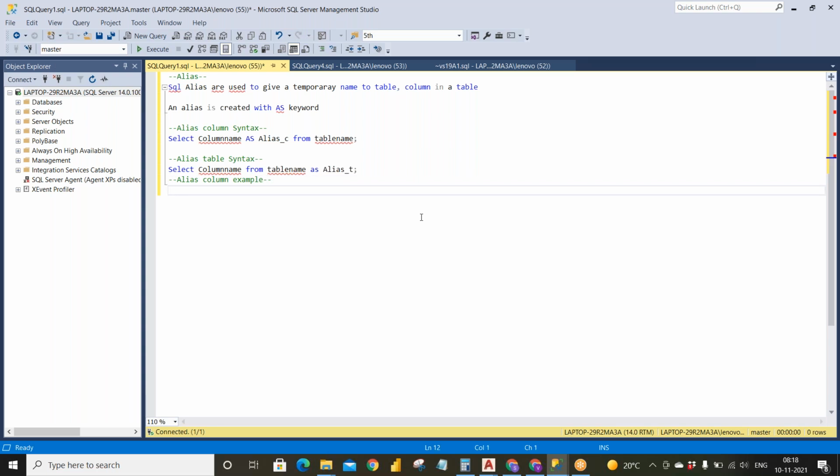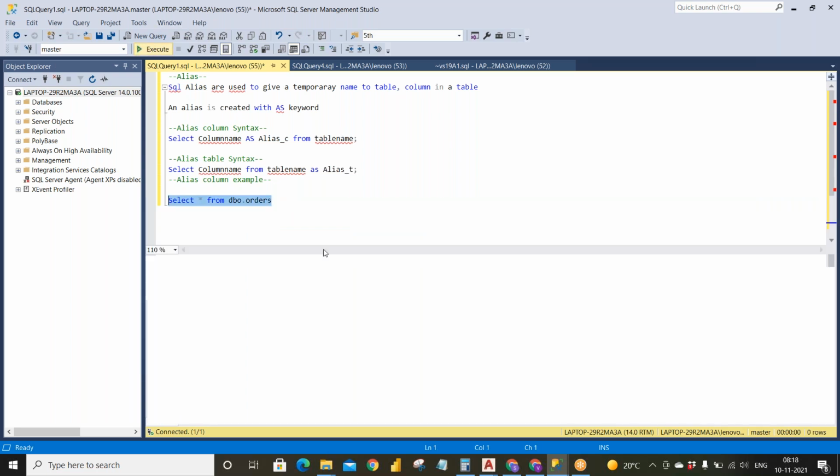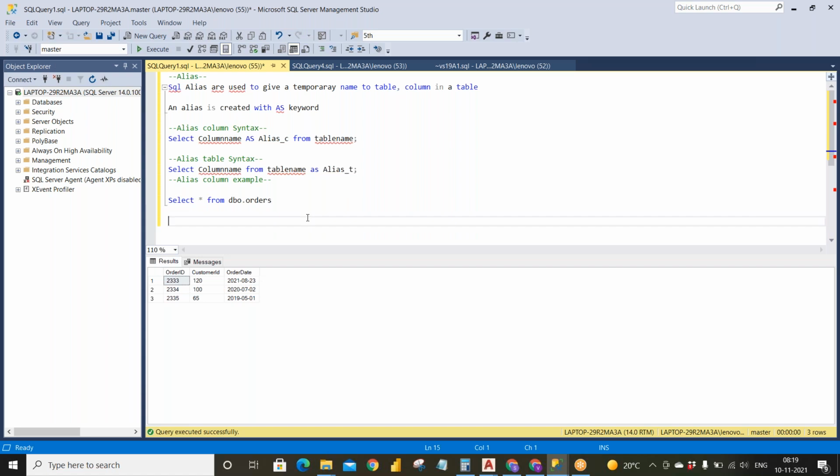We'll take select star from db.orders. I want to give some column names. I have order ID here, and I want to give order ID the name ID for this particular query instance.